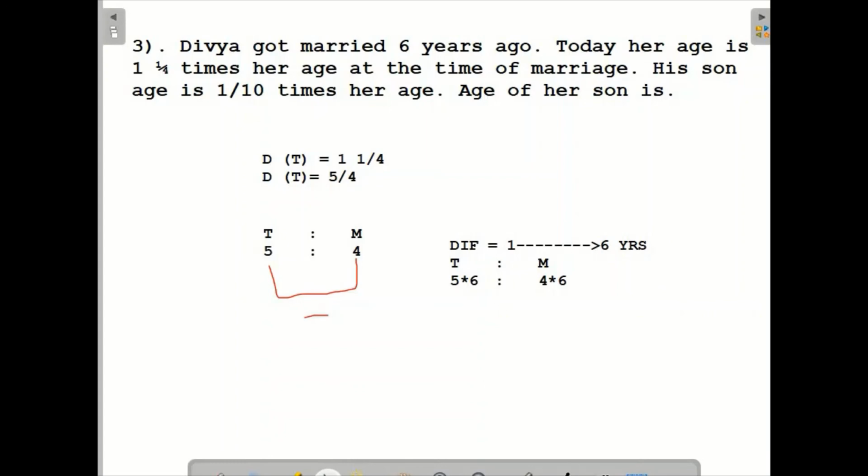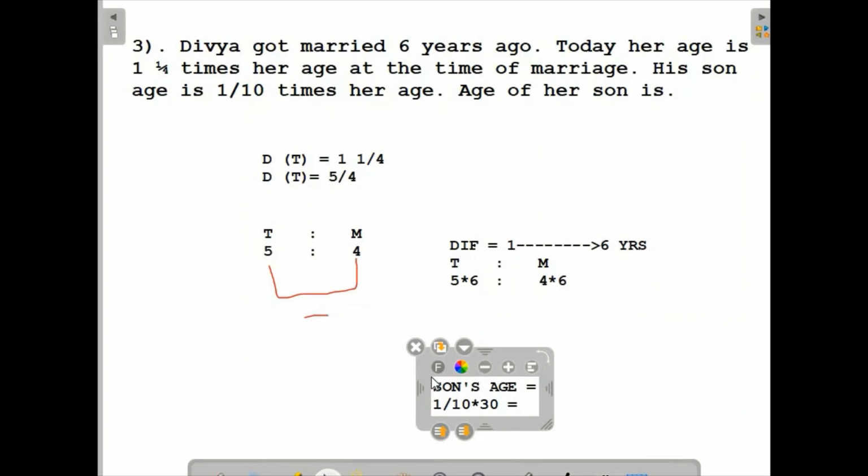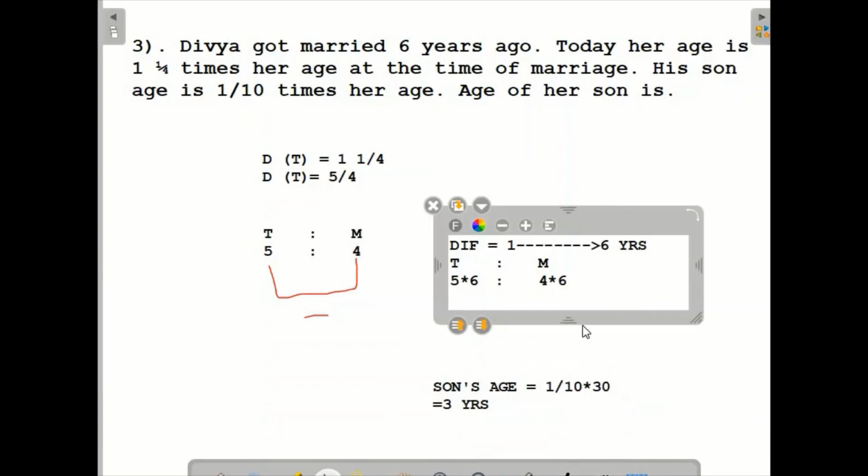So son's age equal to 1 by 10 into 30 equal to 3 years. Okay, are you clear? So